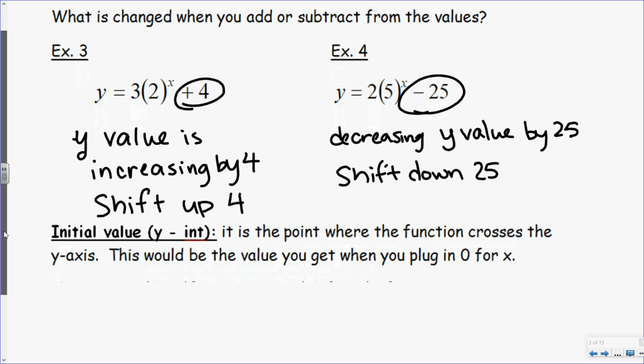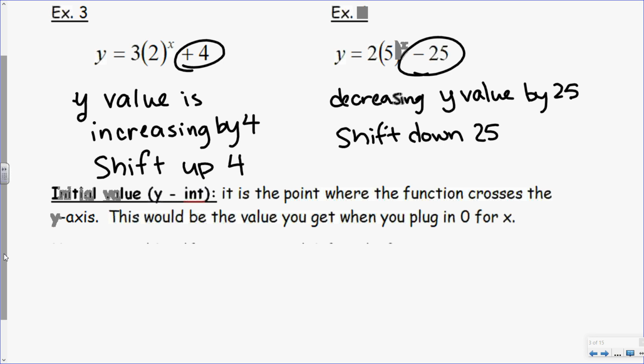Okay? So your initial value, which is your y-intercept, that is the point where the function crosses the y-axis. This would be the value you get when you plug in 0 for x. So in example 3, my y-intercept is going to be the 4. And in example 4, it is going to be 7